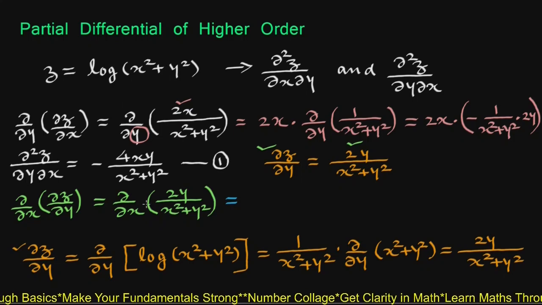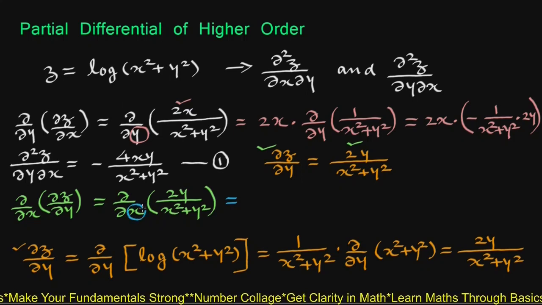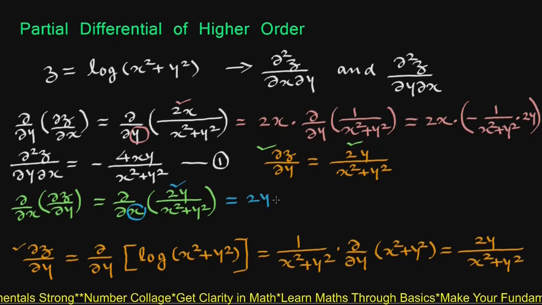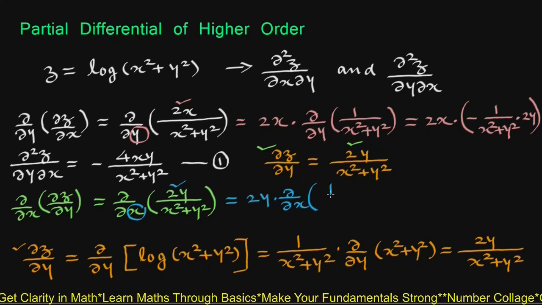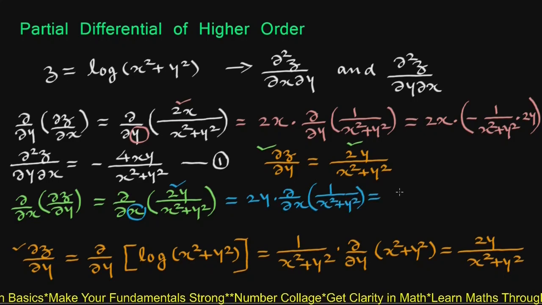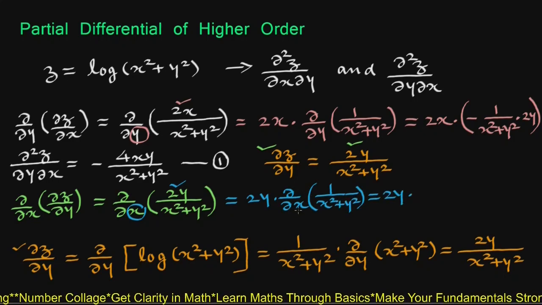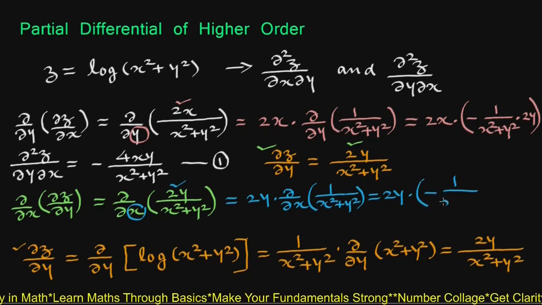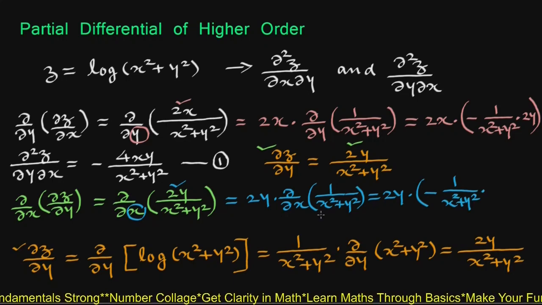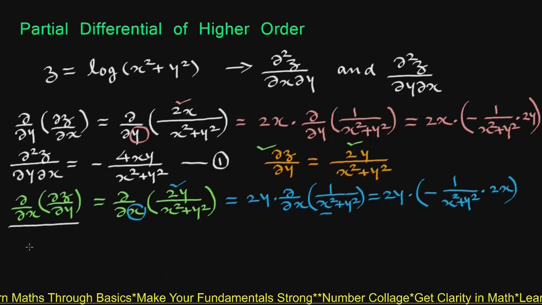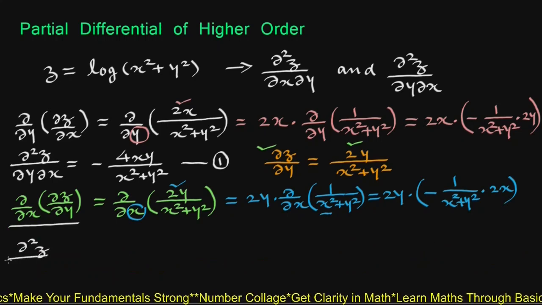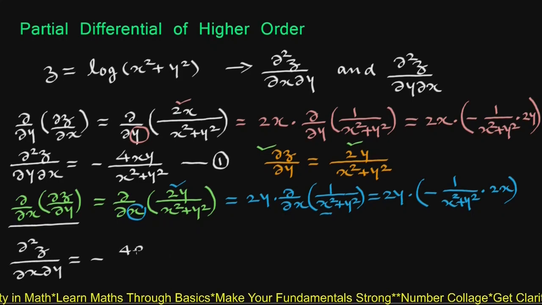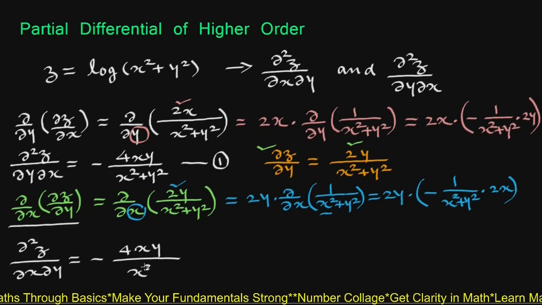Since this is to be partially differentiated with respect to x, we treat 2y as constant, so this will be 2y into ∂/∂x of 1/(x² + y²), which is minus 1/(x² + y²)² into the derivative of x², 2x. So this ∂²z/∂x∂y will be minus 4xy upon (x² + y²)². We name this